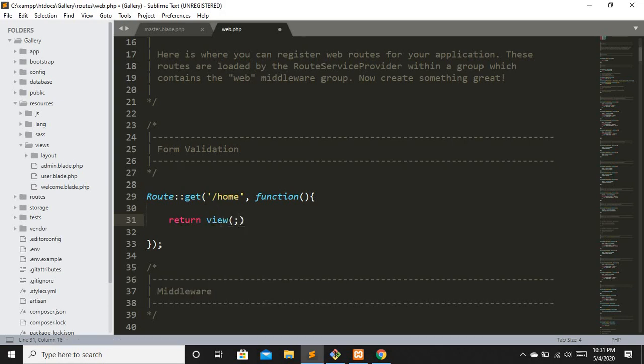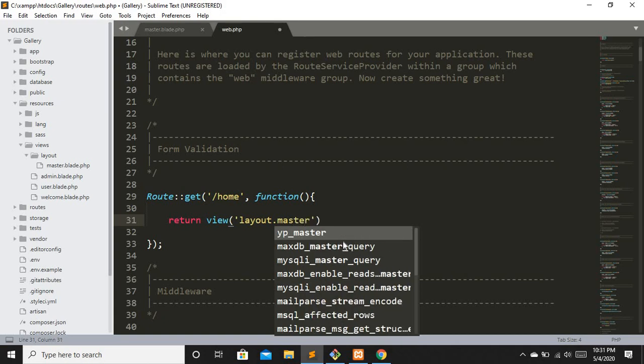Now with this view method, we are basically inside our views folder. Now what I have to do is call my layout. We have already discussed that, and now I will define a dot notation for blade syntax, and I will call master, and we don't need the blade.php extension.